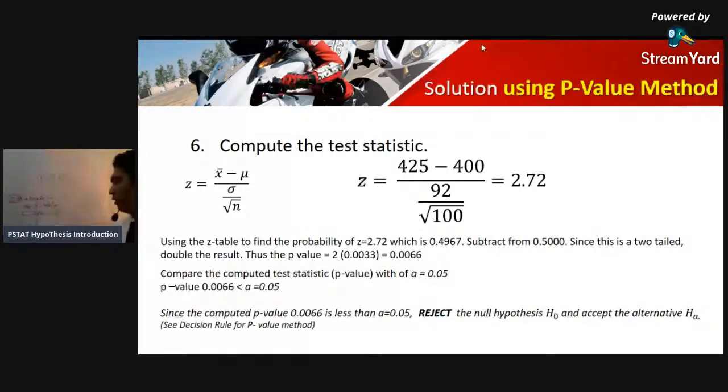This is the probability of 2.72, the area in the curve. We need to subtract this from 0.5000, because this probability is based on the mean. That's why we are subtracting from 0.5000, from the center. So the value is 0.0033. Since that is a two-tailed test,